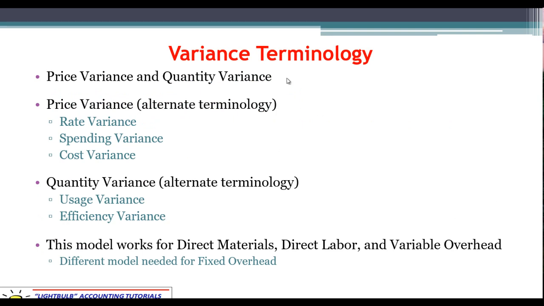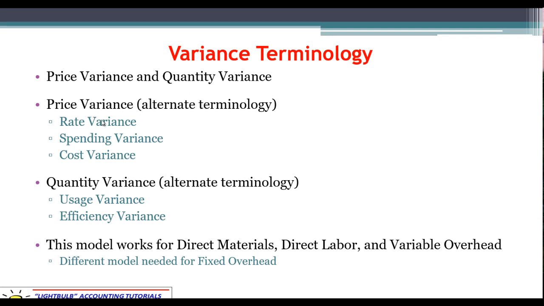The other thing I want to talk about here before we move on is terminology, because I've seen several different textbooks, and unfortunately they haven't all used the same terms, but I've seen multiple terms for each item, depending on whether we're talking about materials, labor, overhead. I like to boil it down to 2 things using a generic term. Price variance, whether you want to call that the cost per unit, whatever, it's the price we paid as a company for that item, that input, that material, that labor. And then the quantity variance. How many of those items did we use compared to what we expected to use?